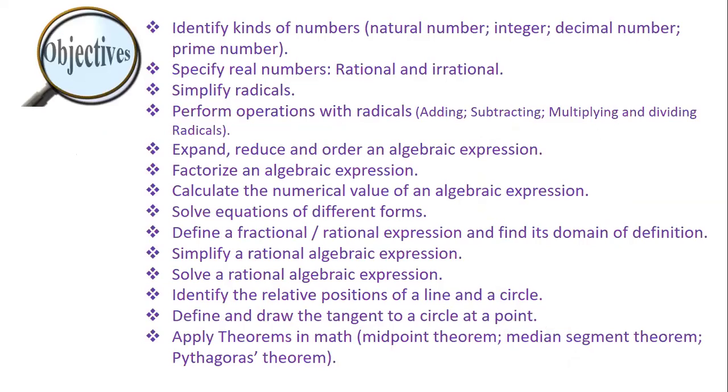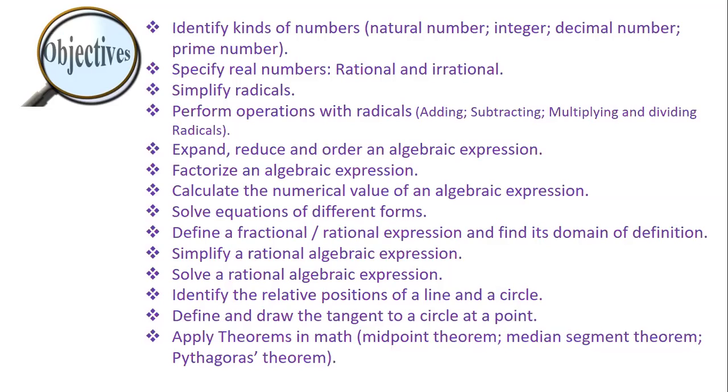The objectives of this revision are: we will identify kinds of numbers, natural number, integer, decimal number, and the prime number. We will specify real numbers that are rational and irrational. Then we are going to simplify radicals, perform operations with radicals, adding, subtracting, multiplying, and dividing radicals, expand, reduce, and order an algebraic expression, factorize an algebraic expression, calculate the numerical value of an algebraic expression, solve equations of different